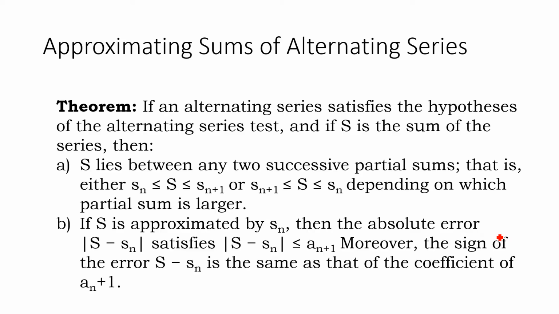And if the sum is approximated by the partial sum, then the absolute error, the sum minus the partial sum, satisfies that the absolute value of the sum minus the partial sum is less than or equal to the next element in the sequence. Moreover, the sign of the error, the sum minus the partial sum, is the same as that of the coefficient of the next term. Okay,